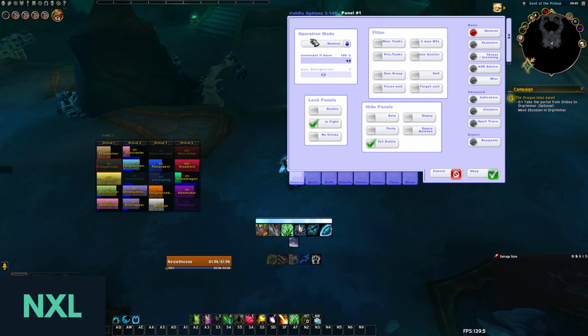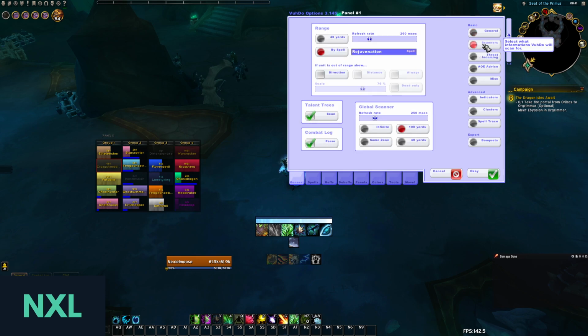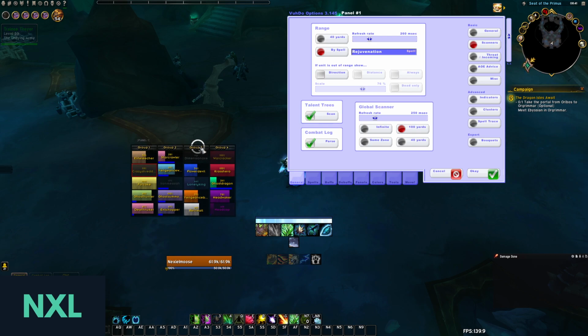I don't put any filters here. You can put what to be shown and what to be ignored. Scanners, this is scanners by range. If you see this in group 4, we have 2 blood decays, and the frame alpha of this frame